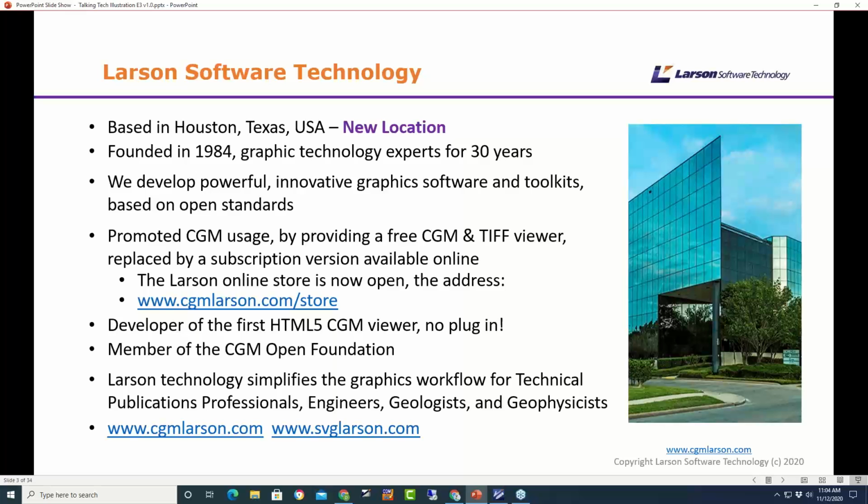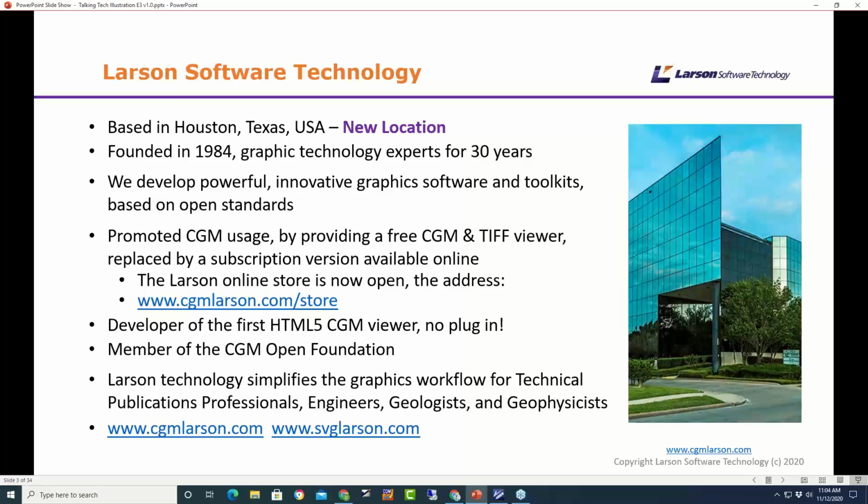One of the main ones was a free viewer called VisX Reader. We now charge for that product so we can maintain it properly and look after customers. So that's available in the store. And we've just added VisX Pro, which is our other viewer, and in the future we'll probably add other products as we move forward. One of the technologies we'll talk about today is VisX View HTML5, which allows you to view CGM on the web without a plugin. So we'll also be talking briefly about that today.